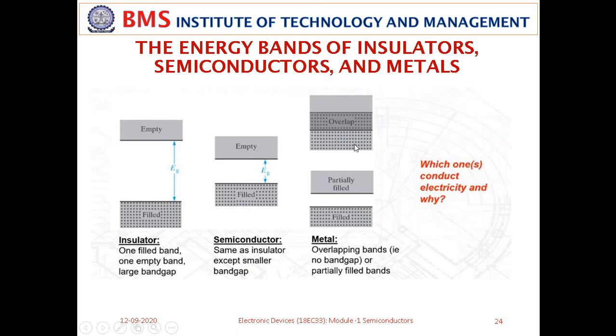Therefore the electrons are readily available for conduction. Any electrical force here can move the electron in any direction. It depends on the potential energy you apply. Now, which one conducts electricity and why? Definitely the answer is metals conduct electricity. The reason is that the electrons are available freely here, and any push in the form of potential energy causes the electrical current to flow.